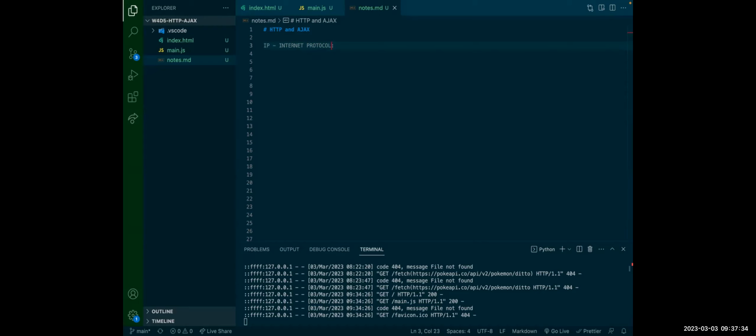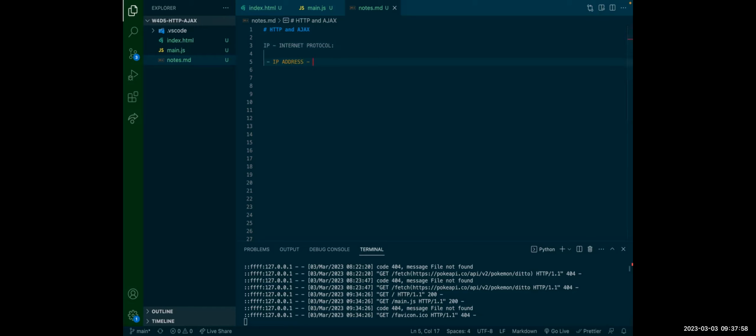And a server is basically just a computer, right? So each computer that is attached to the internet has something called an IP address. That's an Internet Protocol address. So IP addresses,